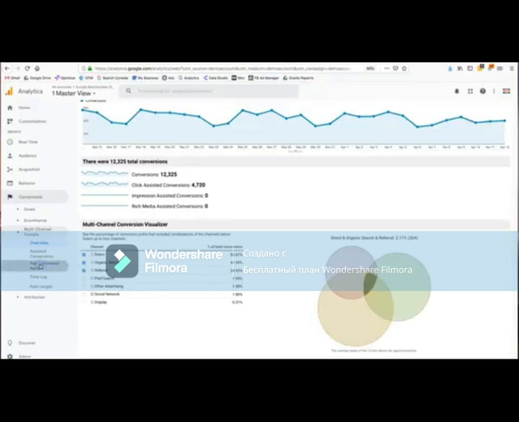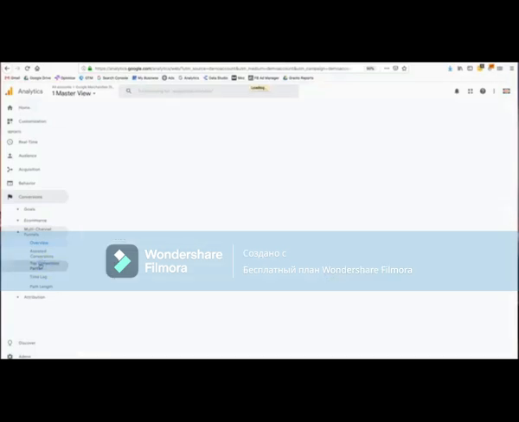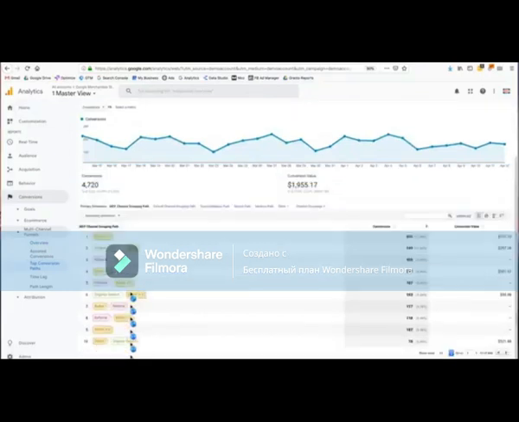And so if I look at top conversion paths as an example, I can actually see how channels work together to drive the conversion. So in this example, I can see over the last 30 days that my top channel grouping was direct times 2, meaning that somebody came to the website directly, meaning they typed in the URL in the browser, or they bookmarked it and came to the site. Okay, they came the first time but didn't convert. But then they came back a second time via direct and then converted. So that